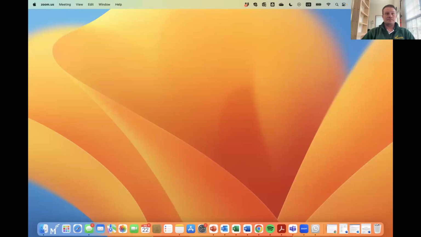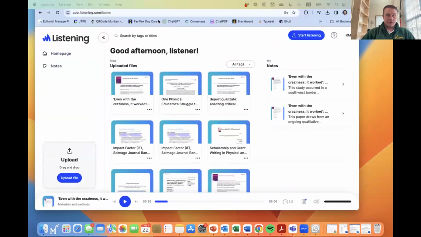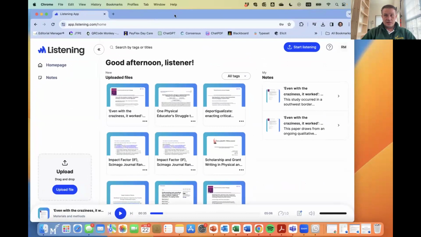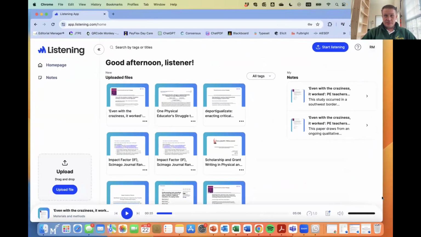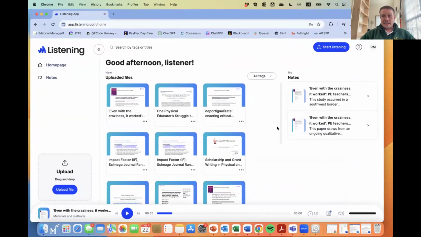So I'm going to share my screen here, and we will start with our first piece, which is actually a way to listen to articles when you are busy. So this is the first thing that I'll share with you. And again, the chat is open. If you want to ask questions in there, engage in discussion through the chat, you are more than welcome to.